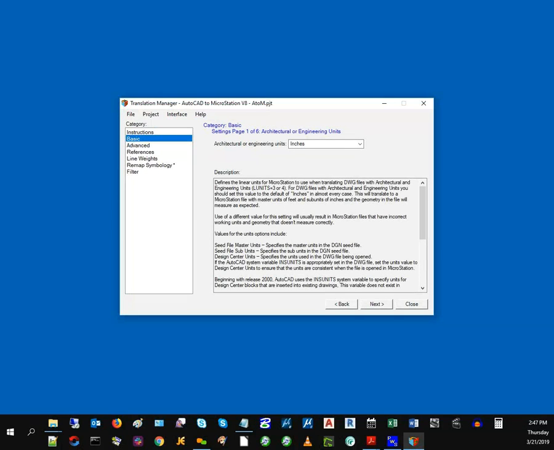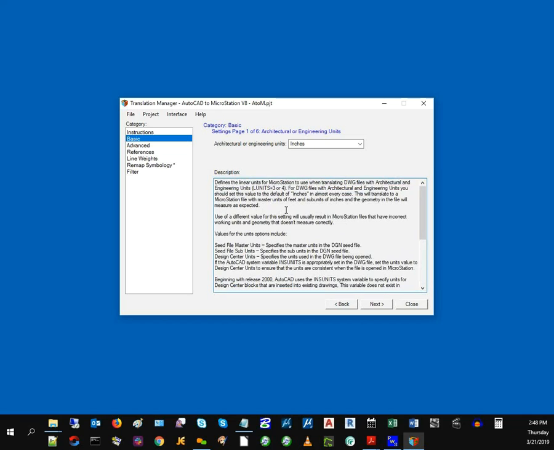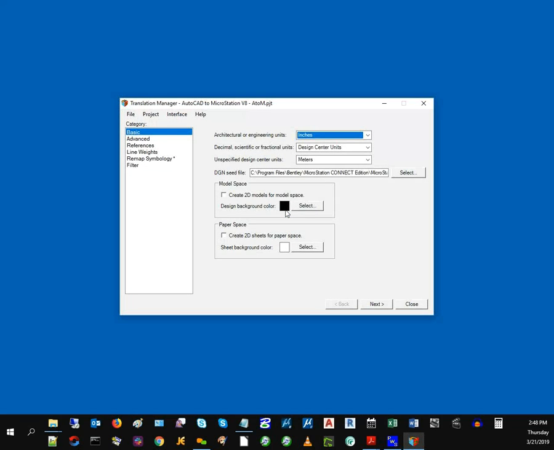What he did was set up the different categories that you see here for controlling the translation so that each different setting is on its own settings page and has a description, as you see below, that gives the user things that they may need to care for related to that particular setting when they're doing translations. His whole purpose of setting it up this way was to help train someone that doesn't know a lot about translations so that eventually they become a, quote, expert, end quote, and then they can go to expert mode. And all this does is shift the panel to where all of the settings for one particular category are